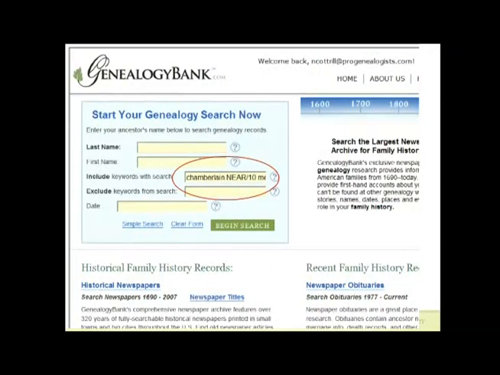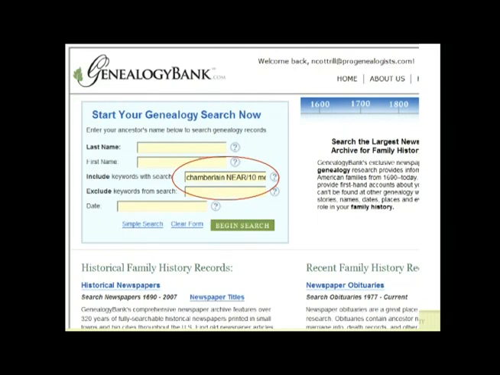So this is a very powerful way to do searching. I hope you can imagine that already. Here is at GenealogyBank how you can do a proximity search. This is the only significant genealogical database I personally know of, and there may be others, and I would applaud others letting us know about them, that does proximity searching that can be so beneficial to genealogists. Not putting it in the name, in the last name or first name place, but in the include box, I put